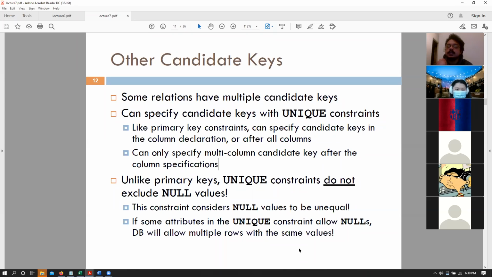And that also means, so for example, let's say that, and it's a very weird database, but let's say that our account ID is a candidate key, not a primary key, but a unique candidate key. So that means that it will also allow null values. So someone with the name of, let's say, John Doe, can have an account ID of null.